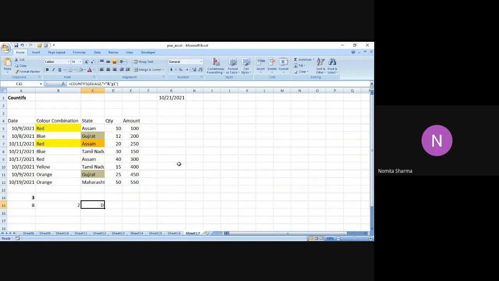Let's see why 0 is coming. So A5 to A12. Indeed, we do have values less than, and wait, let me just check that, and I'll be back.